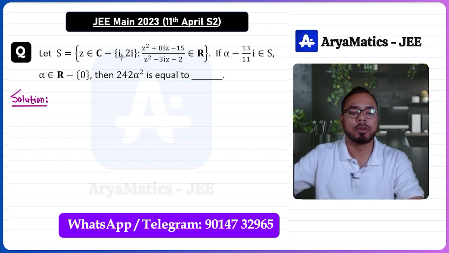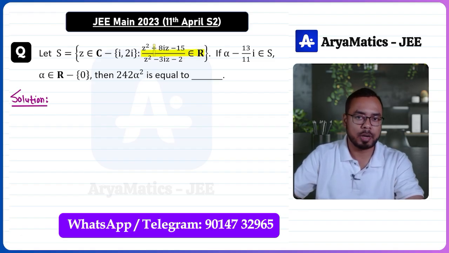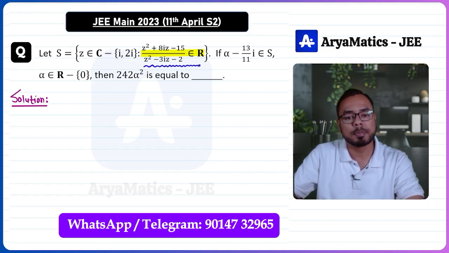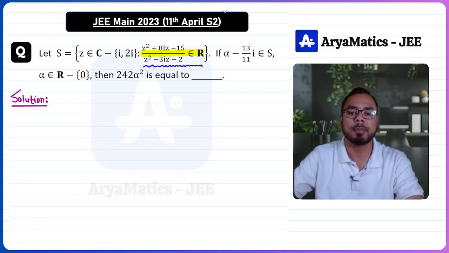Let S be the set of all complex numbers Z such that this complex number, we have a quadratic expression in Z divided by another quadratic expression in Z, is a purely real complex number. We know that if a complex number is purely real, then the imaginary part of that complex number is 0. So S is the set of all